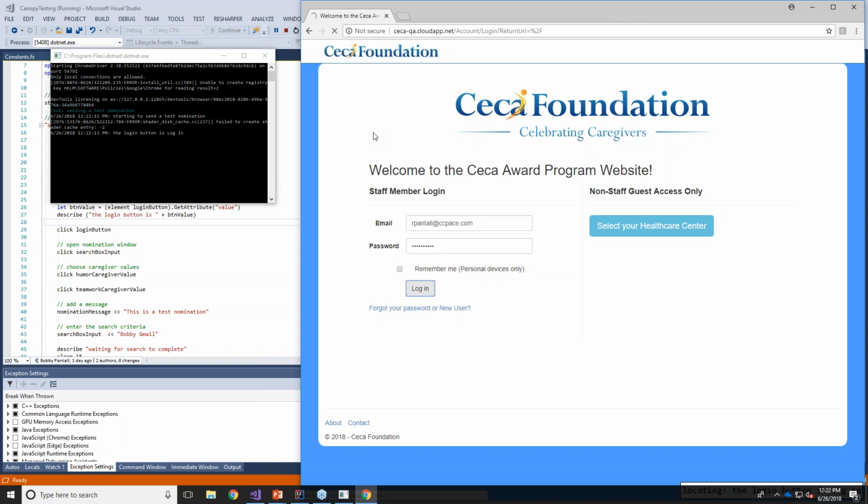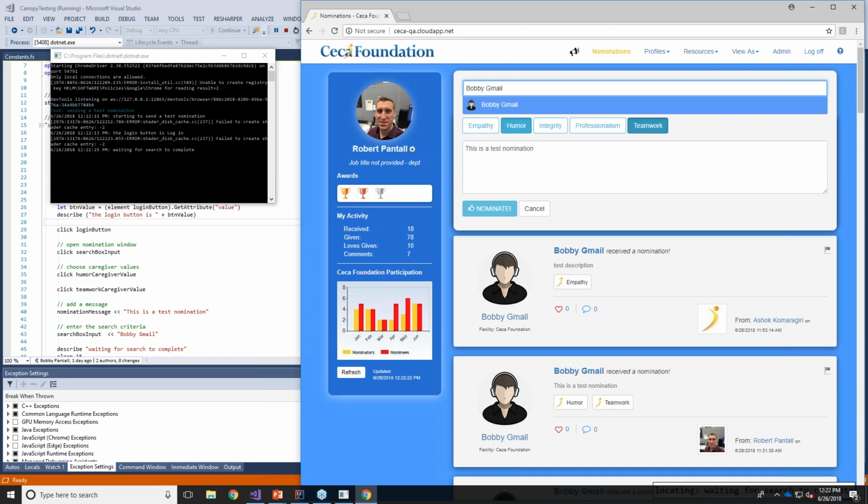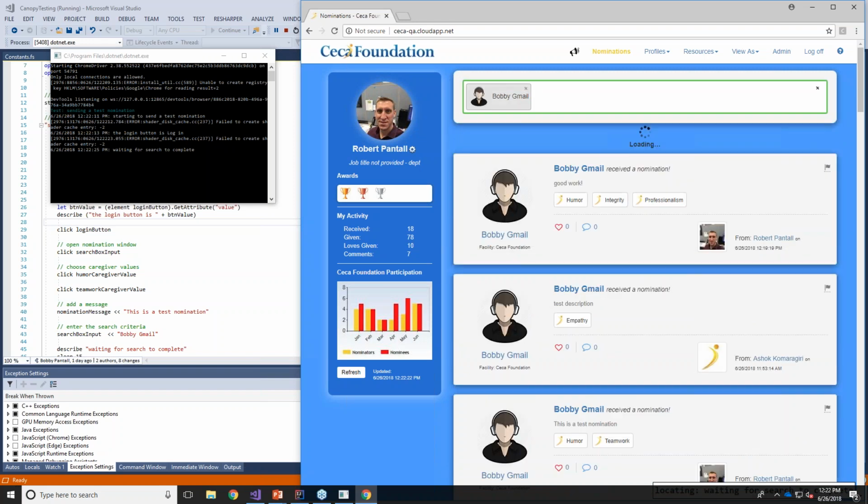Now, ideally, these functional acceptance tests will be written while coding the features. As Ashok mentioned, the three amigos would work together to come up with end-to-end tests for core functionality. Then you can use them to smoke test the website after every release. So as you build your application, you also want to build a suite of regression tests. We build a suite of regression tests using unit tests, but this is also useful on the UI. Let that process.